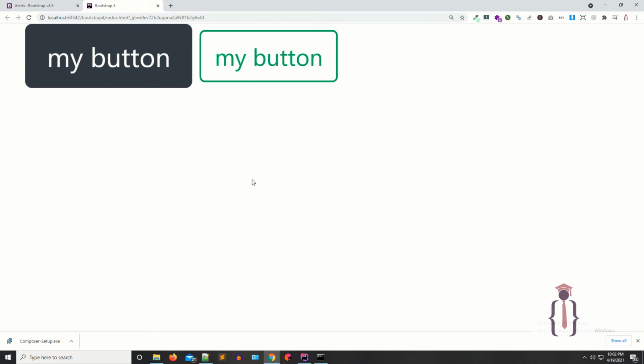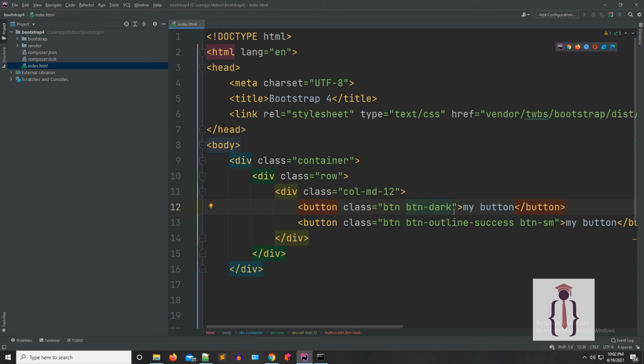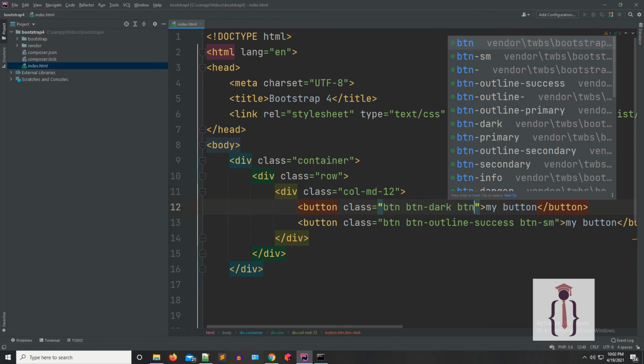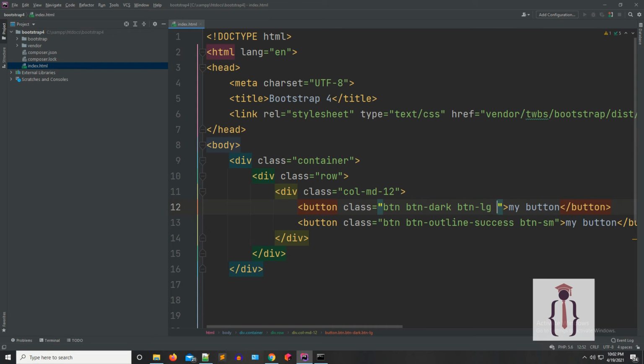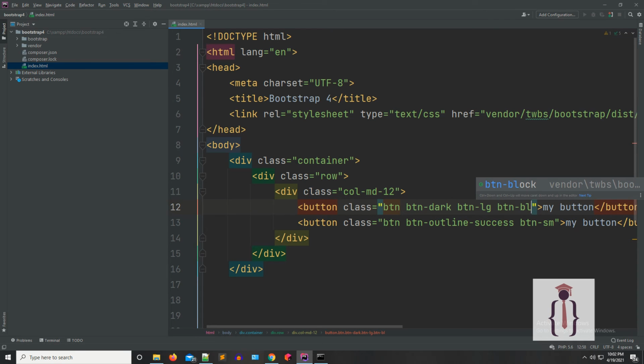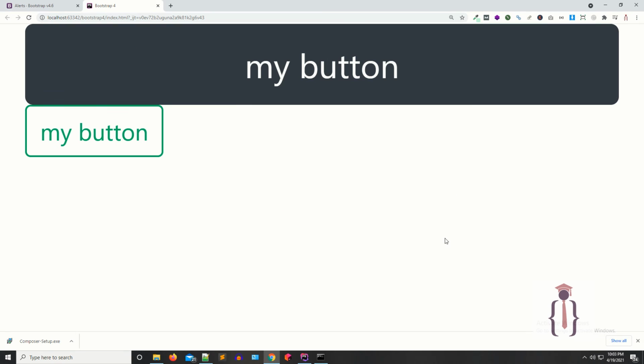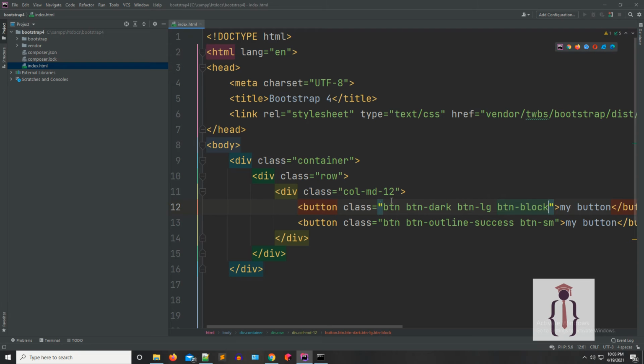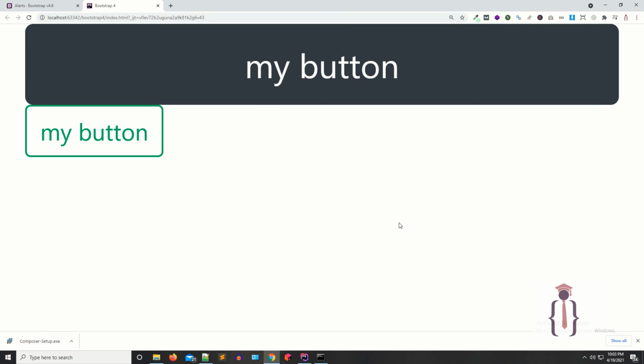If you need a 100% width button, how can you use it? I'm saying primary button LG. Now I'm saying button block. It will give you the 100% button. So now as you can see, this is 100%. Since we are using the 12 column, if I use the 6 column, then as you can see, it shows you